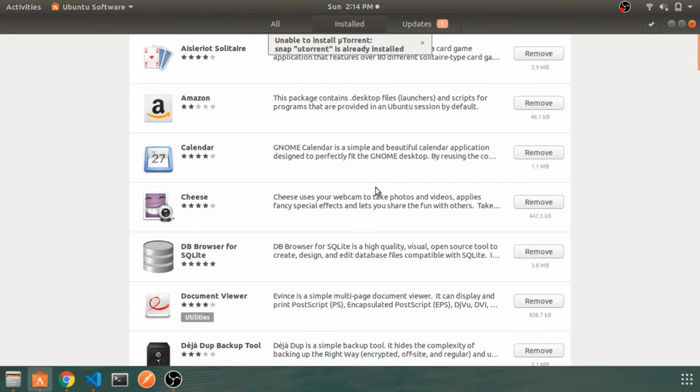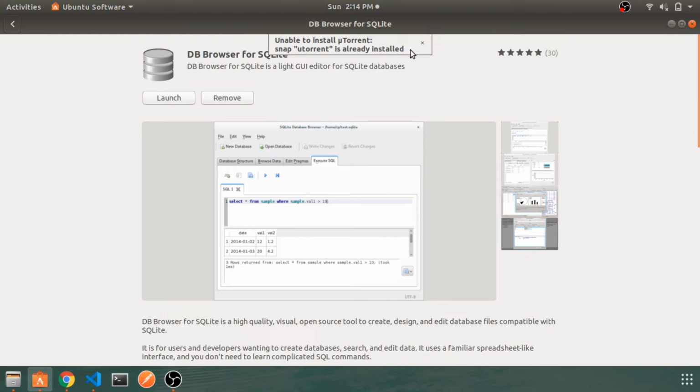So you can go and also install this if you're using Ubuntu, or you can also use it on Mac or Windows. Just install this if you want to get to know the database structure and everything, which I'll show you. So install this DB browser SQLite,